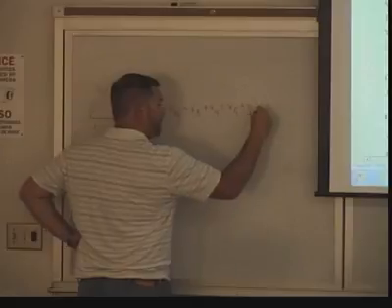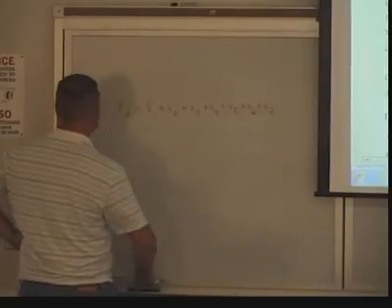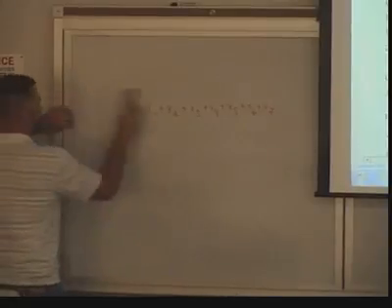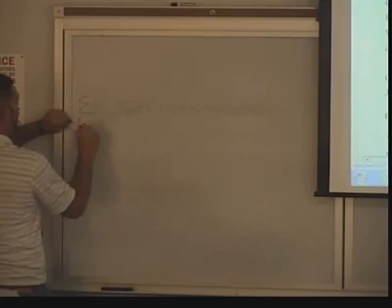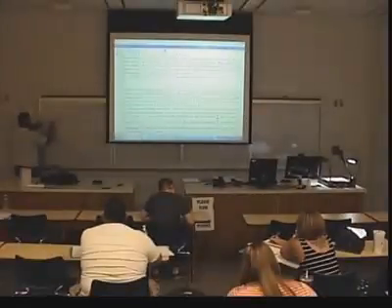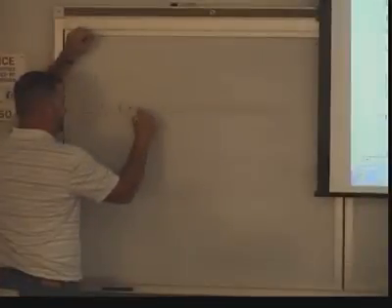I'm going to run out of room here. Let me rewrite this a little bit smaller. So the sum of i equals 1 to 10 of the x sub i's equals x sub 1, x sub 2,